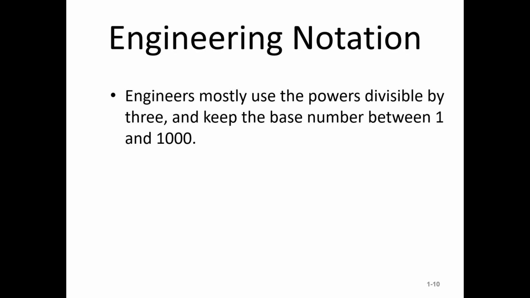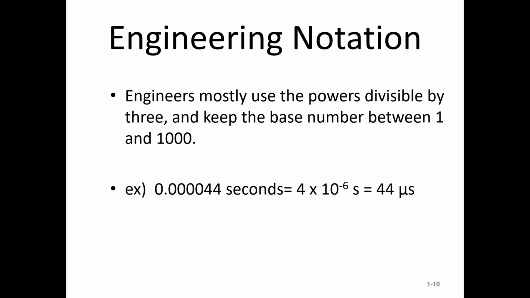In your science classes, hopefully you've seen scientific notation, where you have some number times a power of 10. Engineers do that too, but we like to keep it in groups of 3, which hopefully you've seen already. For example, say you have some tiny quantity, 0.000044 seconds. You move the decimal by 3s until you get